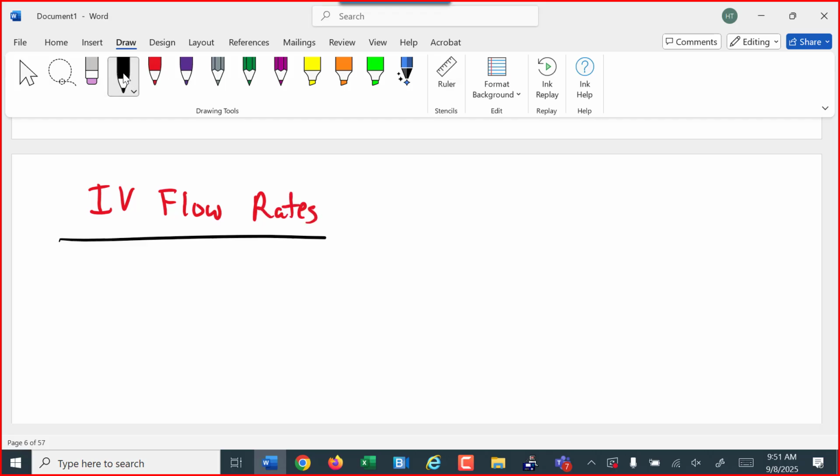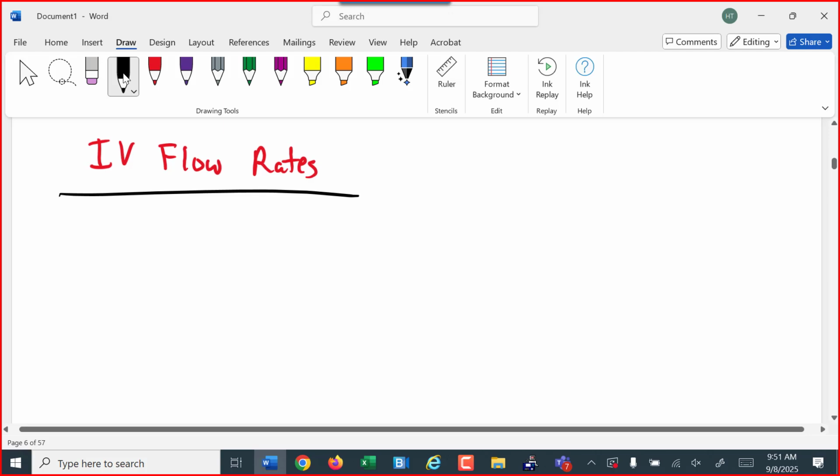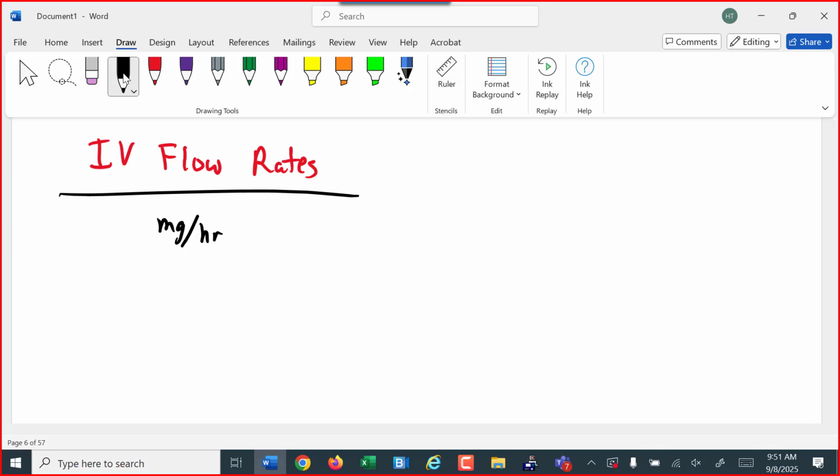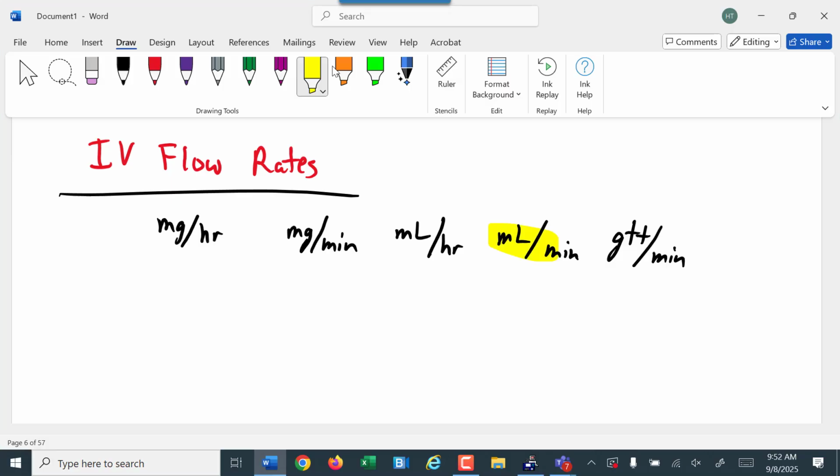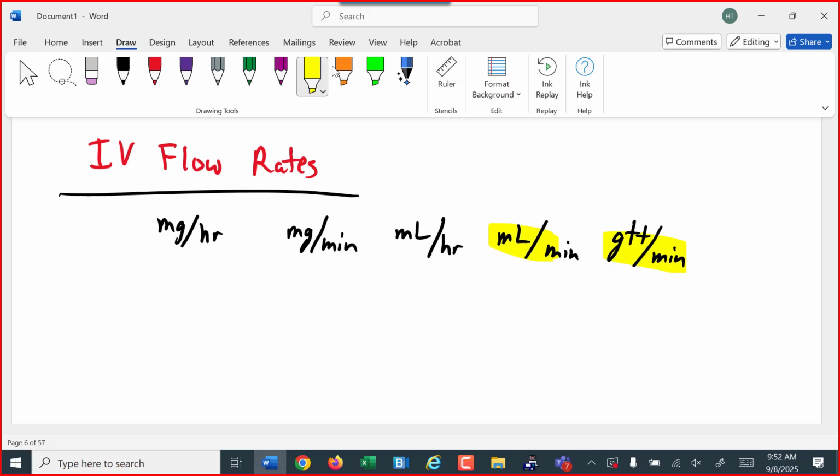So an IV flow rate is administering a medication over time. And of course, there's all sorts of different units we can use for IV flow rates. It can be listed as milligrams per hour, milligrams per minute, milliliters per hour or milliliters per minute, or even GTT, which stands for drops, so drops per minute. These last 2 are the 2 most common, but any of those is acceptable as a